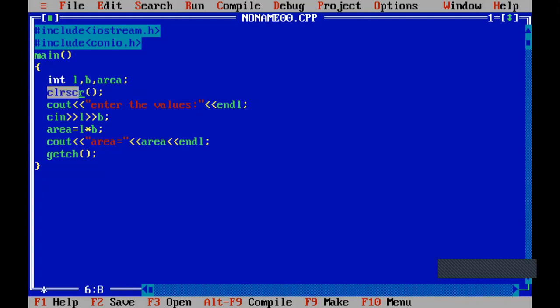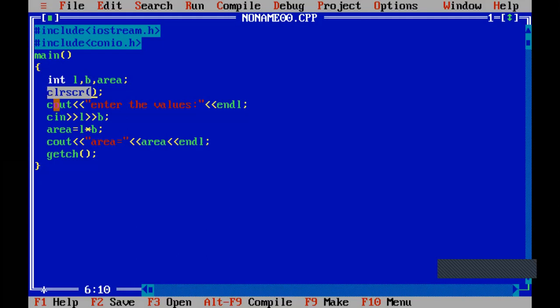Then after this, I've taken clrscr with parentheses. That means it is a function, a function called clear screen. CLR stands for clear, SCR stands for screen. This function works for the output screen. What I am showing you, the blue color screen, is the page editor where we are writing the program. But to execute this, we want the value, right? Now I've given the input and we want the output for this. So for that output screen, the clrscr function will be working.